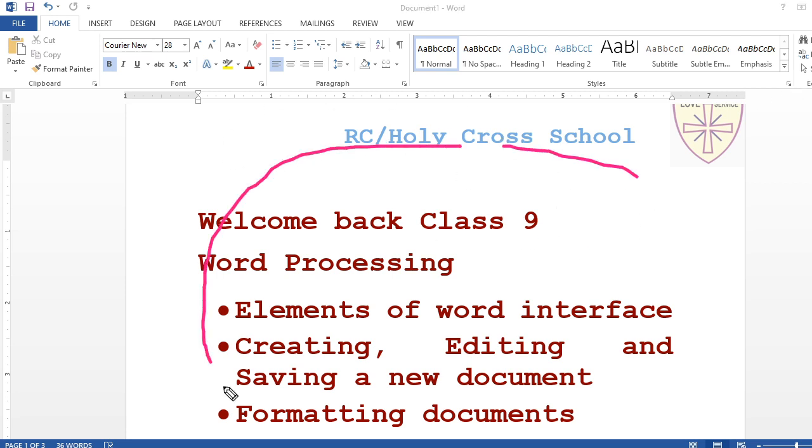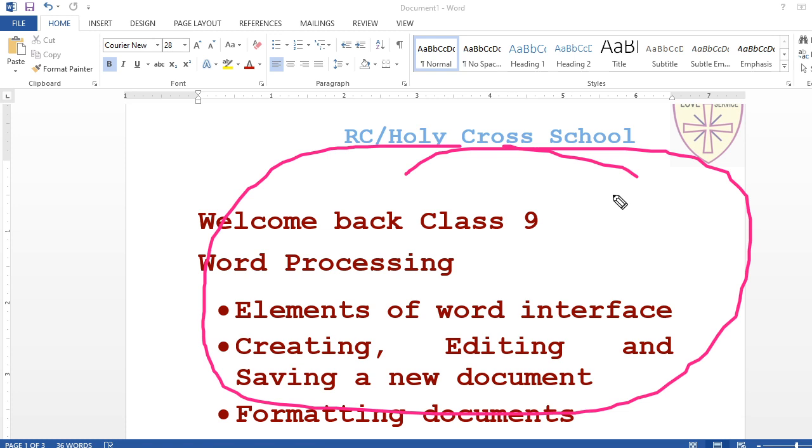This whole area is the working area, this is your page. This one is the horizontal ruler, and this one is the vertical ruler. This one is the vertical scroll bar, and this one is the horizontal scroll bar. This one is the status of your page: how many pages you have, out of how many, how many words you have written, whether it is open or saved. Everything you can get from here. This one is known as zoom.